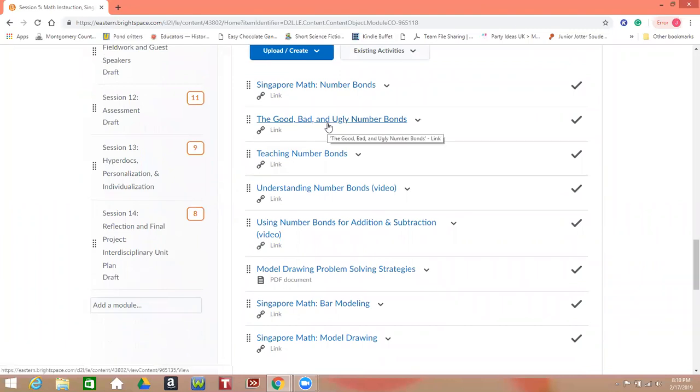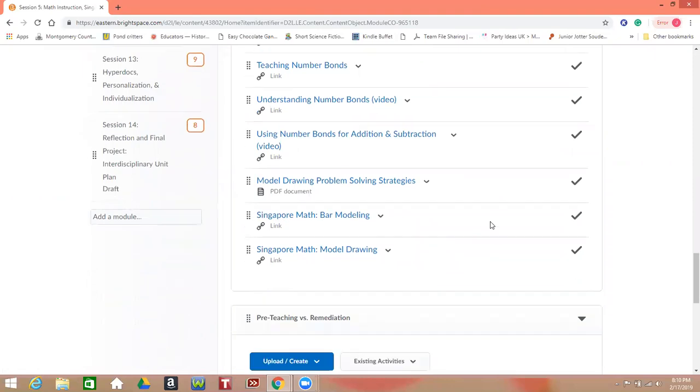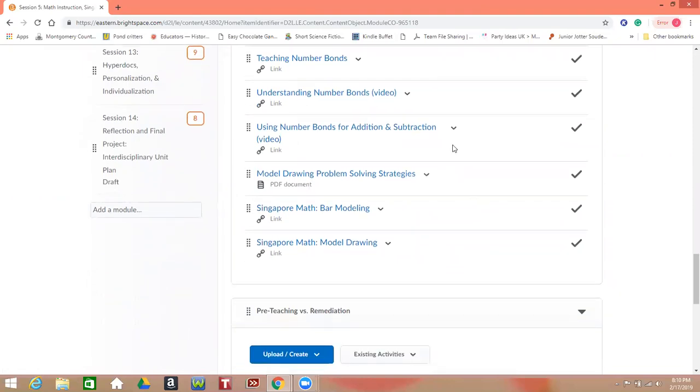So that's the good, bad, and ugly of number bonds. There's another article here about teaching number bonds. And then there are a couple of videos that demonstrate how you would use number bonds in the classroom so that you can actually understand how to do that. And then, moving from number bonds, the next thing is this idea of bar modeling, or unit bars,